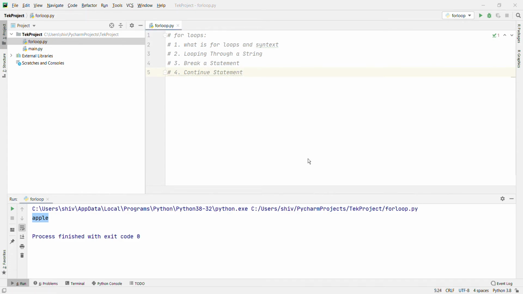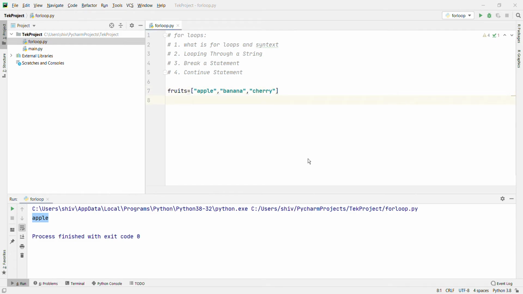What will the continue statement do? With the continue statement, we can stop the current iteration of the loop and continue with the next. What does it mean? Let's first create a list: apple, banana and cherry.